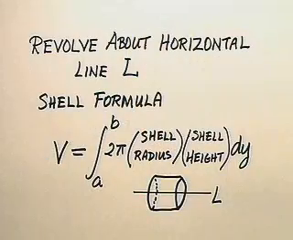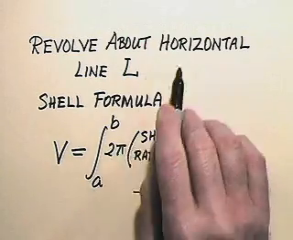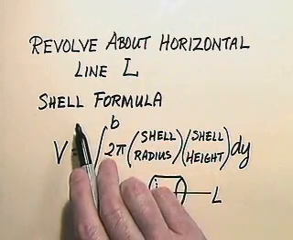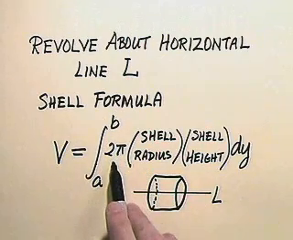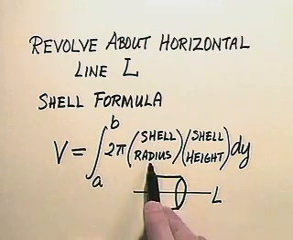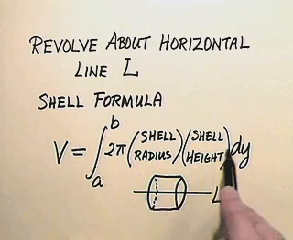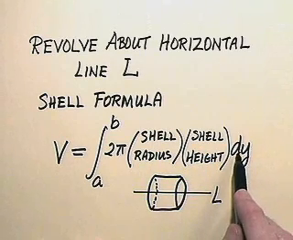Well, sometimes when we revolve a region to generate a solid of revolution, it's convenient to revolve around a horizontal axis instead of a vertical axis, and consequently it's useful to see how the formula goes in this situation. So when we revolve about a horizontal line L, the shell formula is going to become v equals the definite integral from a to b of 2 pi shell radius times shell height again, but this time it's dy that we're going to multiply by,